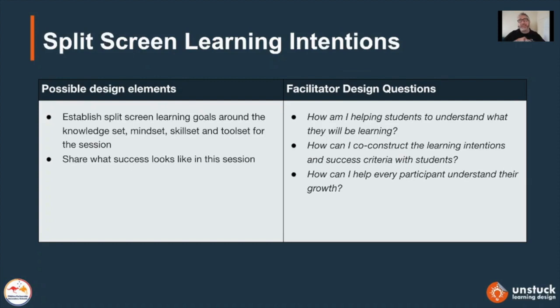But we're split screen in the sense that we're not just saying this is the knowledge, because that's starting with curriculum. We're not just saying this is the knowledge we're going to learn, which is important, but also these are the skills, the capabilities, and the tools that we're going to develop use of as well. And in terms of success, we're going to talk about, well, what does success look like for us? And success for different students looks different. So it's a perfect opportunity to co-construct with the students their understanding of success